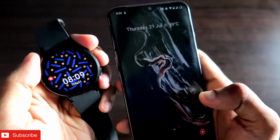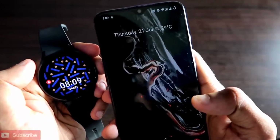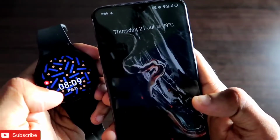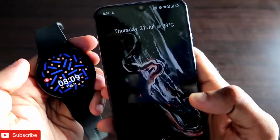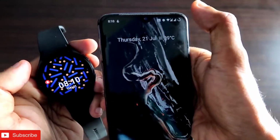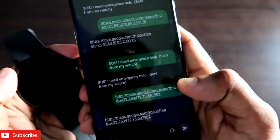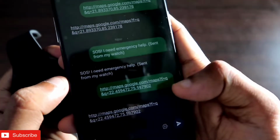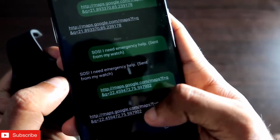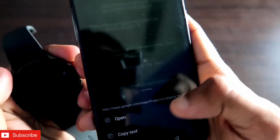That means you can talk to the person immediately, and also one message will be sent to the emergency contact. So here you can see it is collecting the location data, my watch is vibrating, and the SMS message has been sent. So I will show you the SMS message right now. I have received 2 messages from the Samsung Galaxy Watch 4, which say that I need emergency help, and also the location data of mine, which is the map location data collected via this